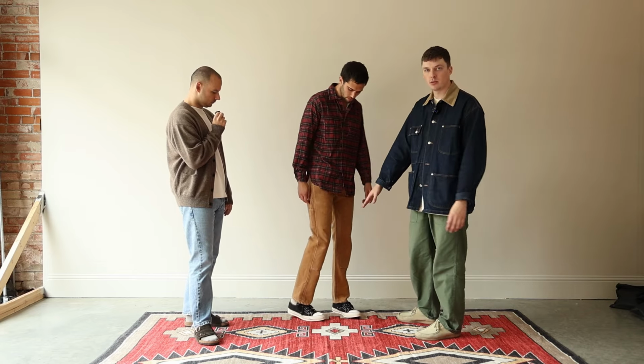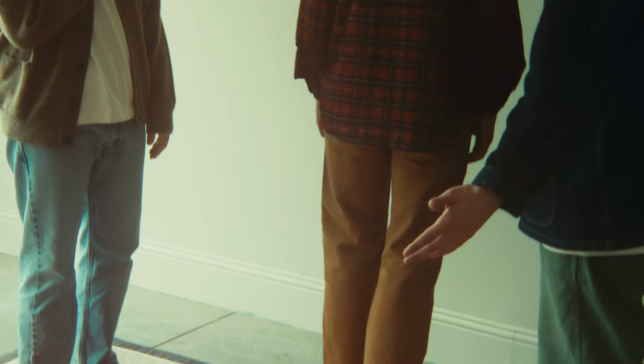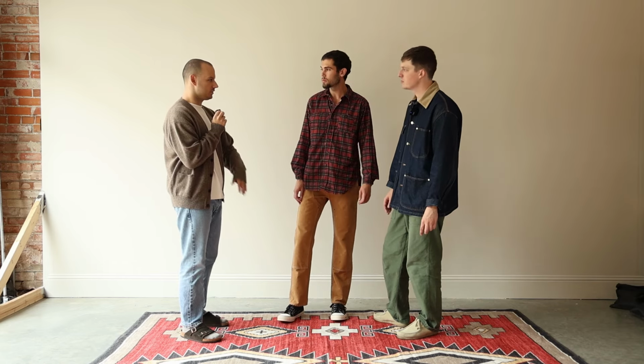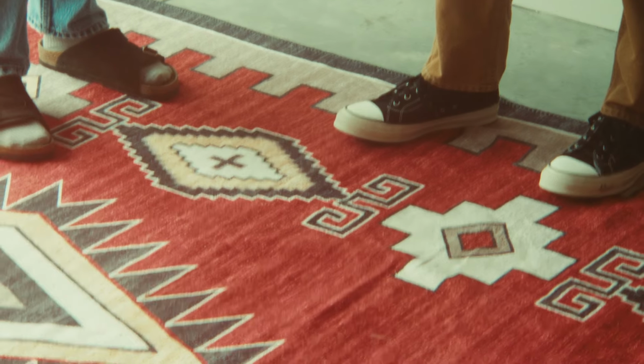So we got the Skags, which are maybe not workwear inspired, but they're a sneaker. What I like about putting a Converse, a Vans, or anything like that with this look is if you put boots with this, I think it gets costumey fast. Agreed. I think that's what's weird about